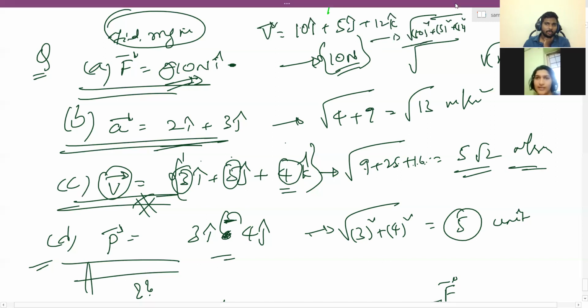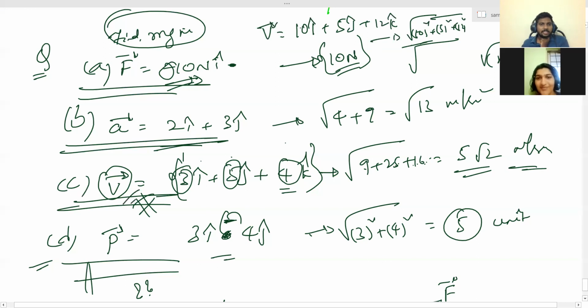Okay, sir. What doubt are you having? Tell me exactly what your doubt is. No, sir. I got confused between that magnitude and vector. So magnitude, this is a vector representation. This many newtons in i, this many meter per second in x direction, this many meter per second in y direction, this many meter per second in z direction. That's what I told you, right? You can resolve any vector into components. Yes, sir. Got it? Yes, sir.